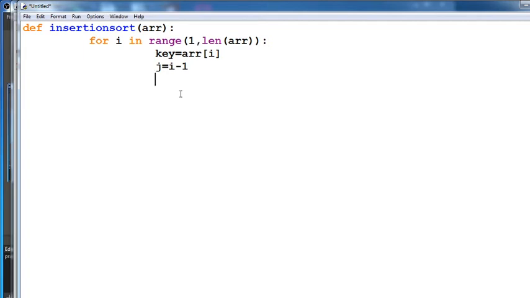Again use your while loop for that particular case: while j is greater than or equal to 0 and key is less than array of j. Whatever list is given, it is the array here, not i, actually j.